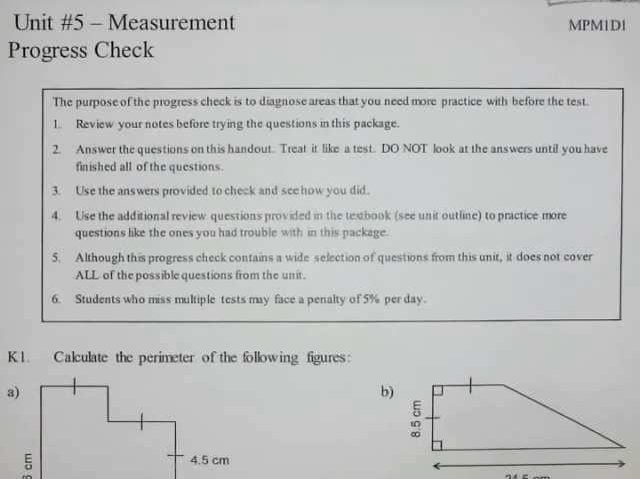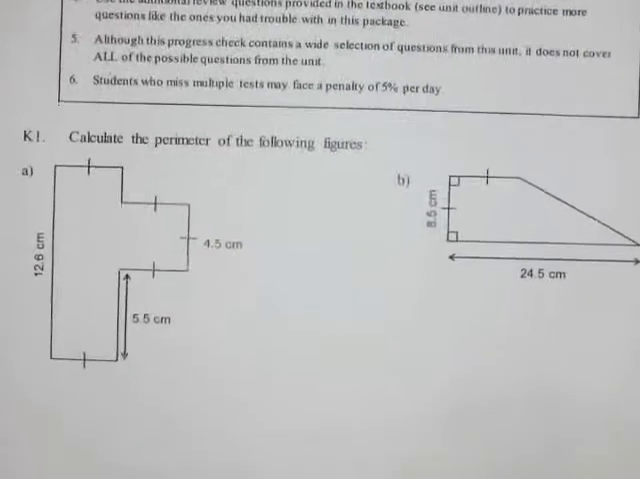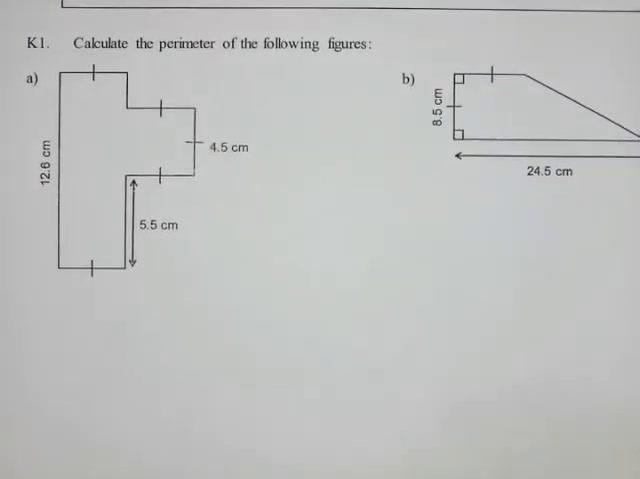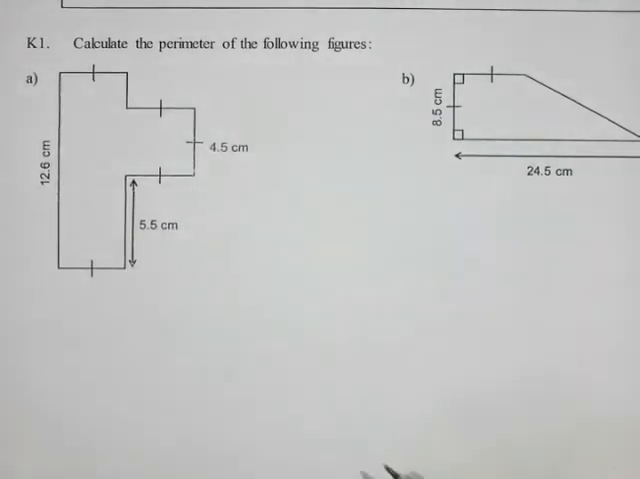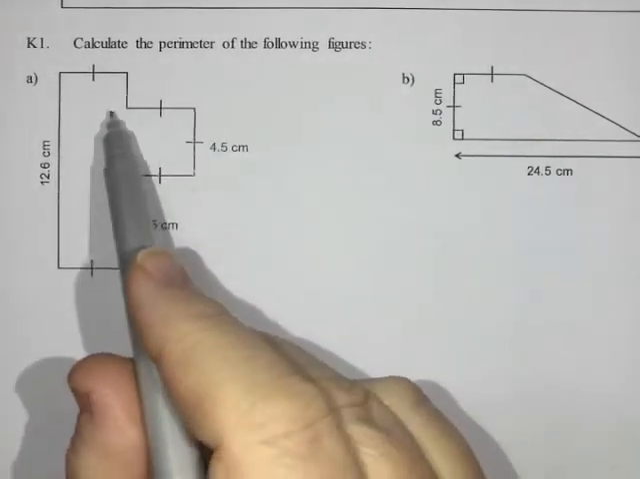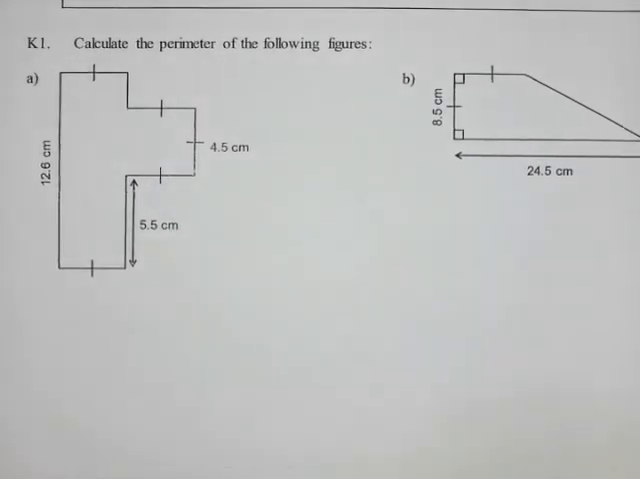This is page 1 of the progress check. So our first question is a knowledge question. It says calculate the perimeter of the following figures. So perimeter is just the distance around the outside, and to get the perimeter you add all of your sides